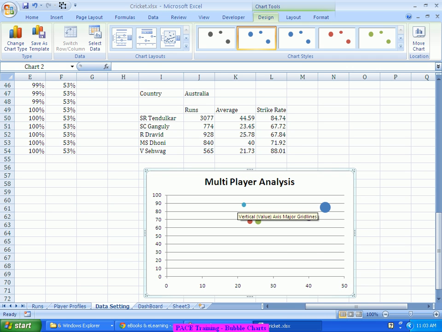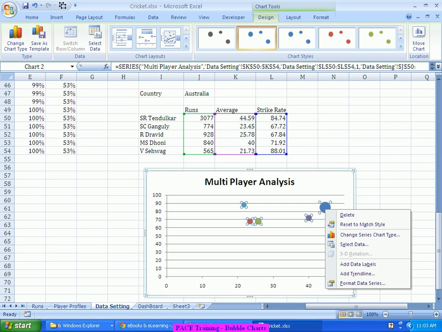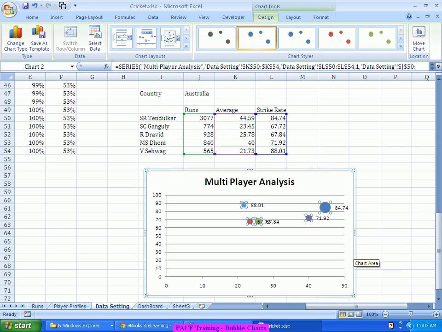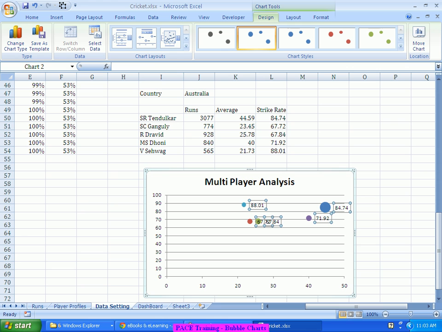But how do I identify which player corresponds to whom? What I do for that is I'll simply add a data label. We'll play around with it. Initially I'll add a data label, but this data label may not give any good information for us. So what I would typically do is, instead of having this number here, as we have discussed in our other charts, I go to this